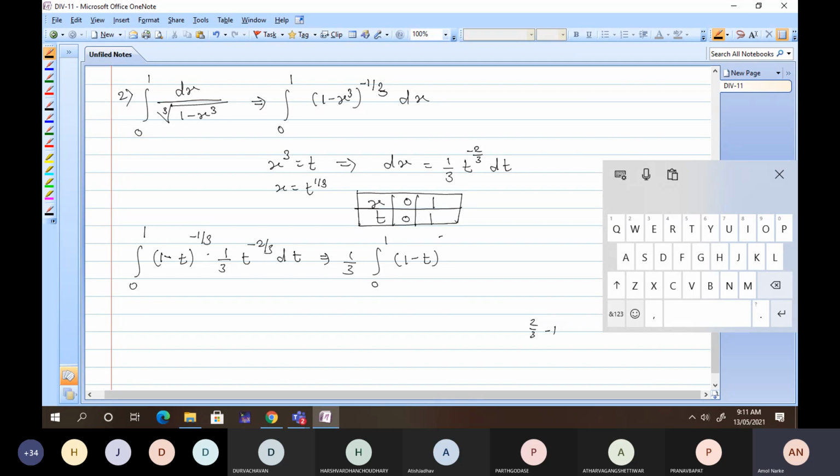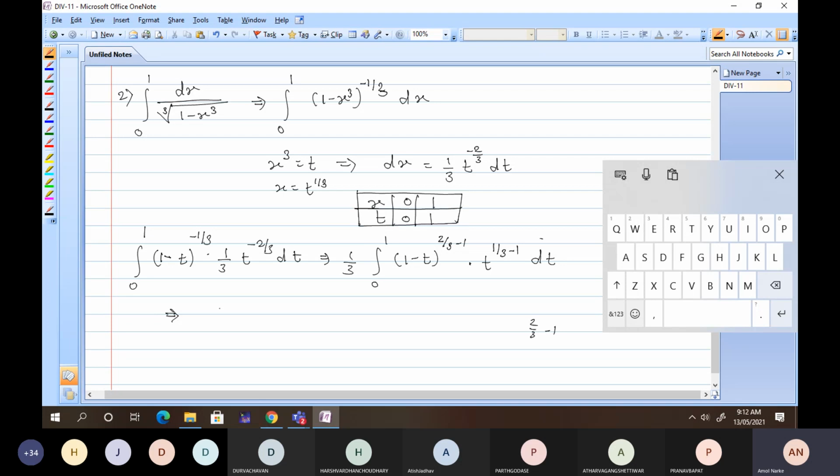So I can write it as 2 divided by 3 minus 1 into t. How can one write t is equal to minus 2 by 3? So how can you write this? Minus 2 by 3, you need to write something as 1 by 3 minus 1. What is it? 1 by 3, 1 by 3 minus 1. So it is 1 minus, yes, you are getting the same thing. And this is dt. So what are you getting?